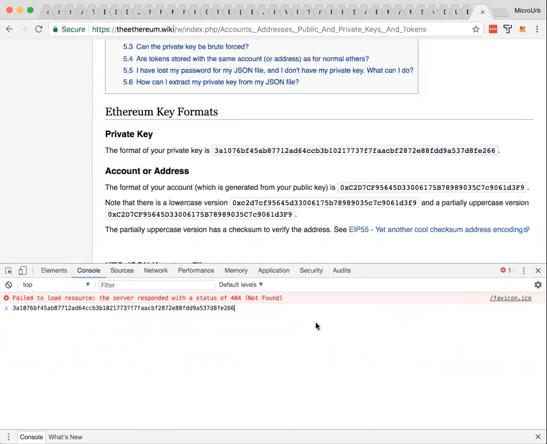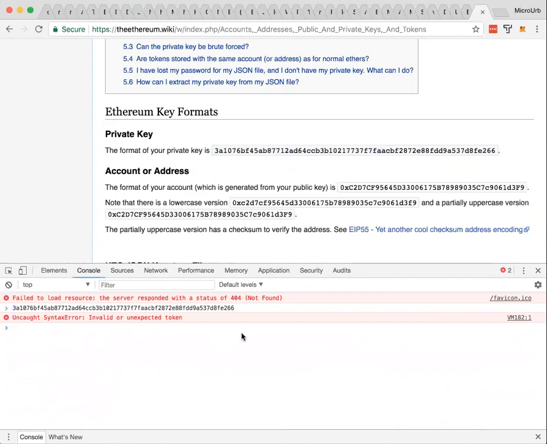Whenever you paste a hexadecimal number such as this one into a JavaScript console, it will be converted to a base 10 number and returned back to us. And again, these are hexadecimal numbers, the private key. I've grabbed a fake one of these hexadecimal numbers and pasted it in the Chrome console. So if I hit enter right now,